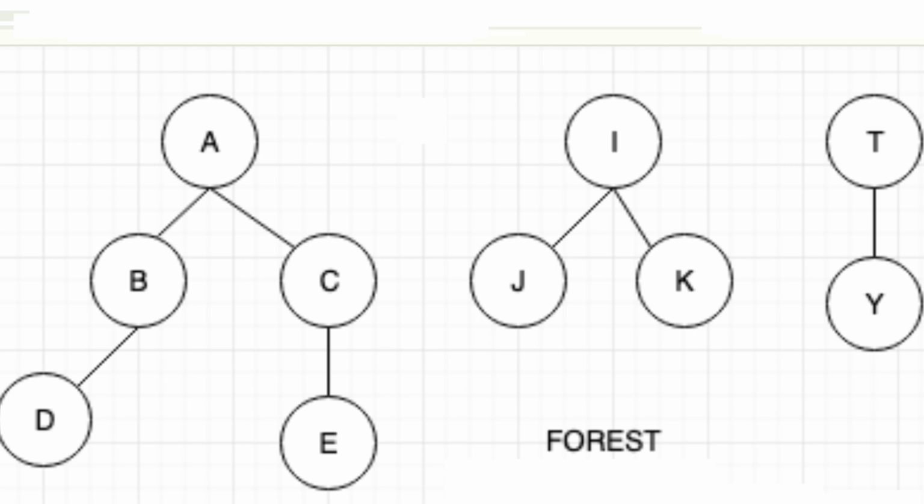Now, before you go into the details of Kruskal's algorithm, it's important that you know what is a forest in data structures. Now, please feel free to skip the video in case you already know what is a forest. In simple terms, a forest is just a collection of trees that are disconnected. The image shown displays a graph that is disconnected. It consists of 3 trees. Now, this is an example of a forest because it consists of a set of trees and the trees are